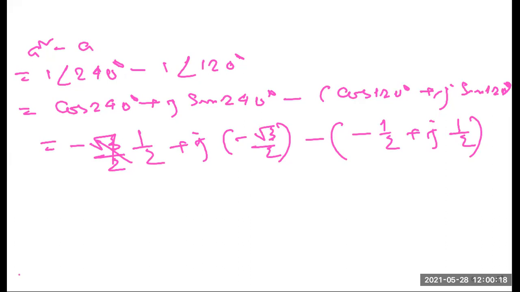Now here what will happen? Sine 90 plus 30. Yes or no? So this will be minus half minus j root 3 by 2, and this will be plus half. But I think there is a problem in this. So here 90 plus 30 means the root 3/2, minus. Correct. This will be minus root 3/2. Yes or no?